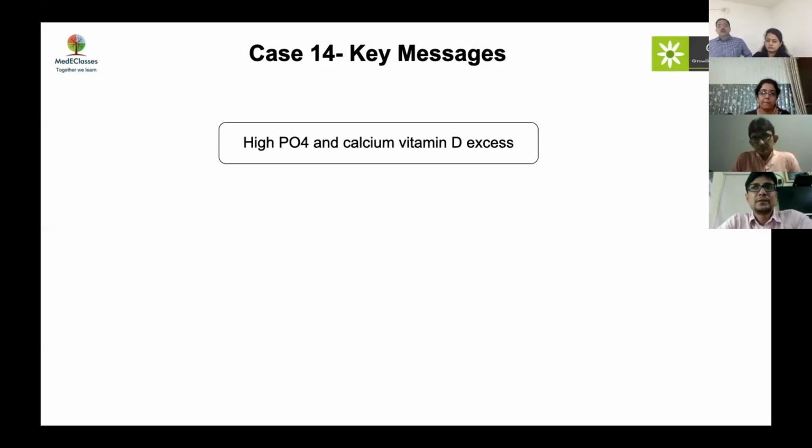So don't over-prescribe vitamin D, and advise patients to stick to the prescribed medications. They will often take sachets for weeks, and people have died because of this. So this is a severe complication we all should be aware of. As pediatricians, of course as pediatric endocrinologists, but definitely at a pediatrician level, you have to be very careful. When we are giving vitamin D, tell them this is only for this duration, this dose, don't exceed. It can cause huge problems.